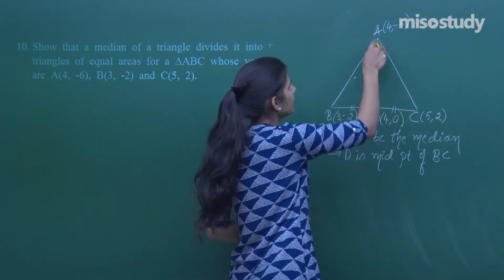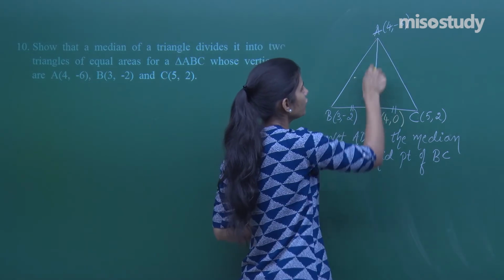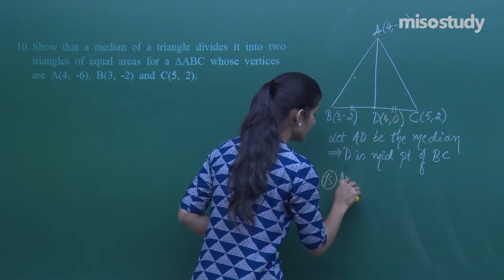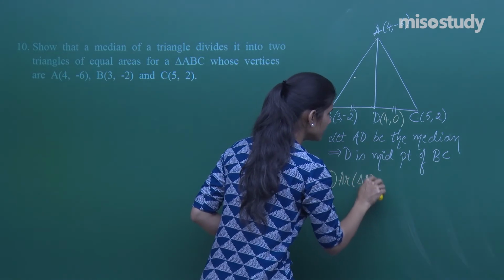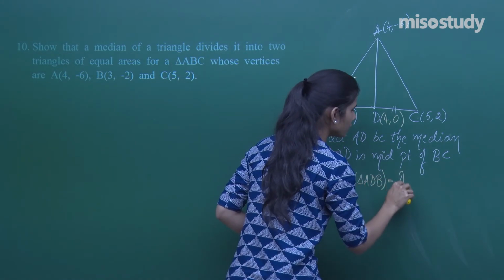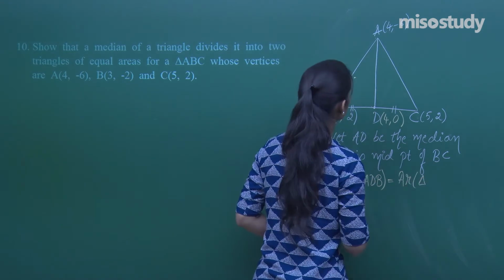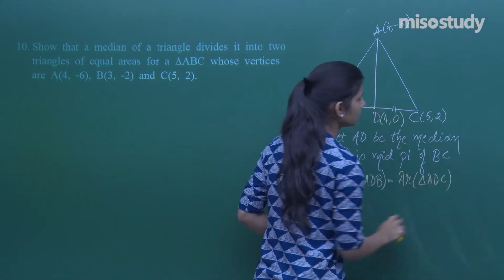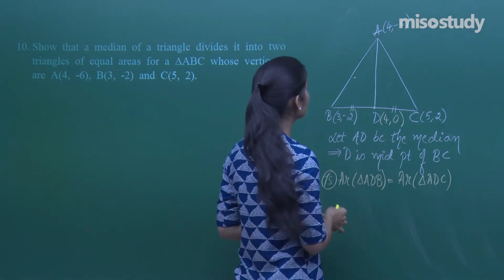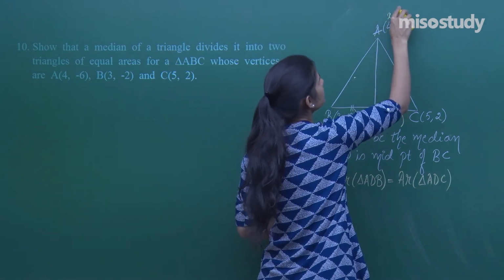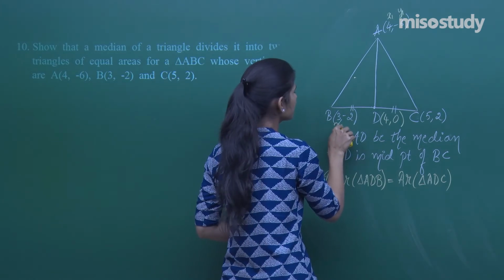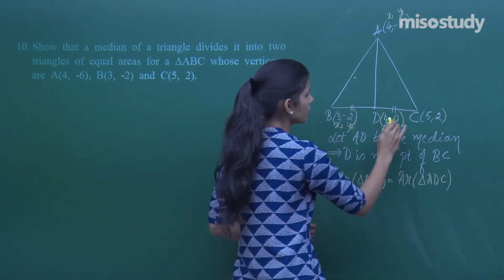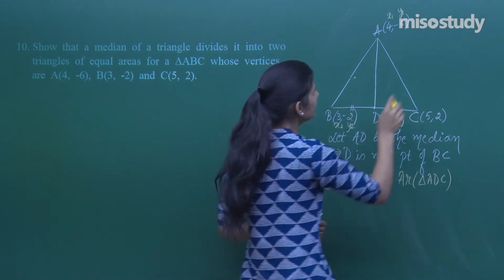You have to show area of triangle ABD is the same as area of triangle ADC. To show area of triangle ADB is equal to area of triangle ADC. Let's find out the areas of both the triangles. Let me put this as x1, y1, this as x2, y2, this as x3, y3. So area of triangle ABD